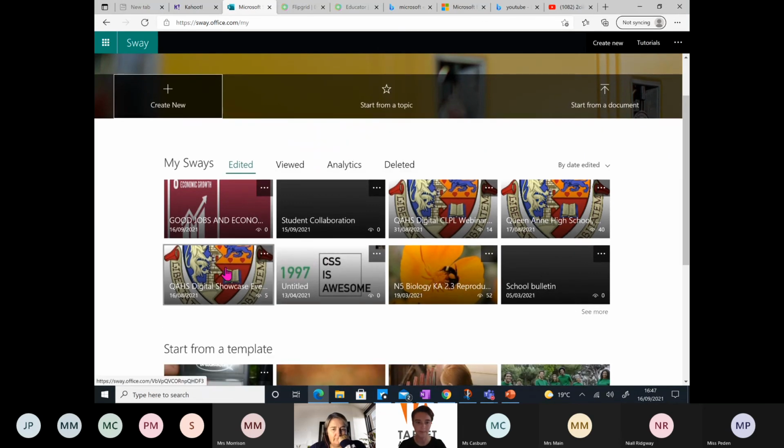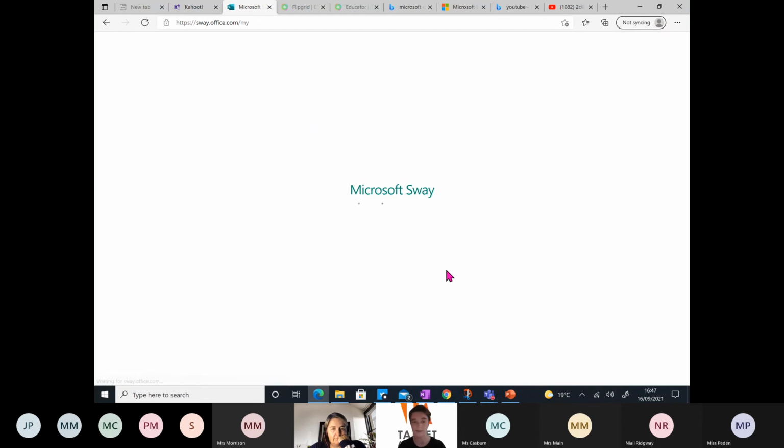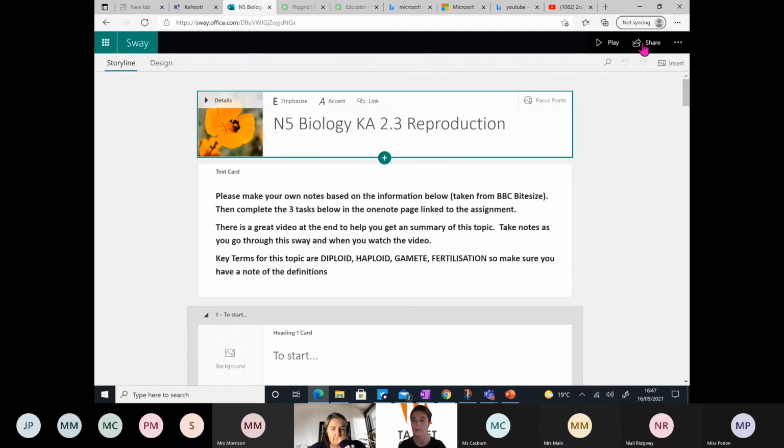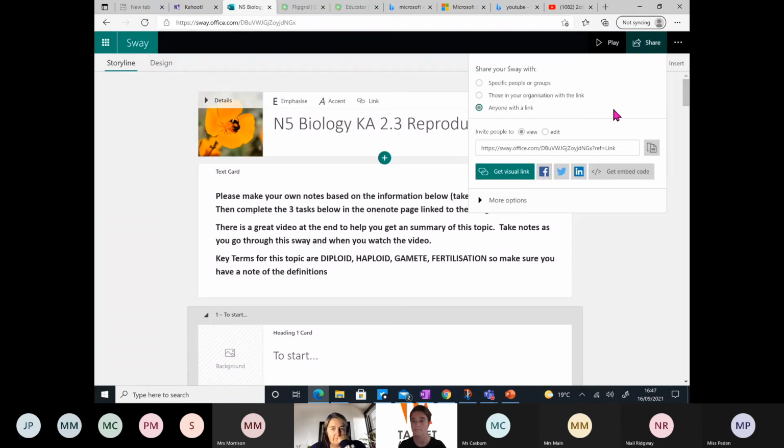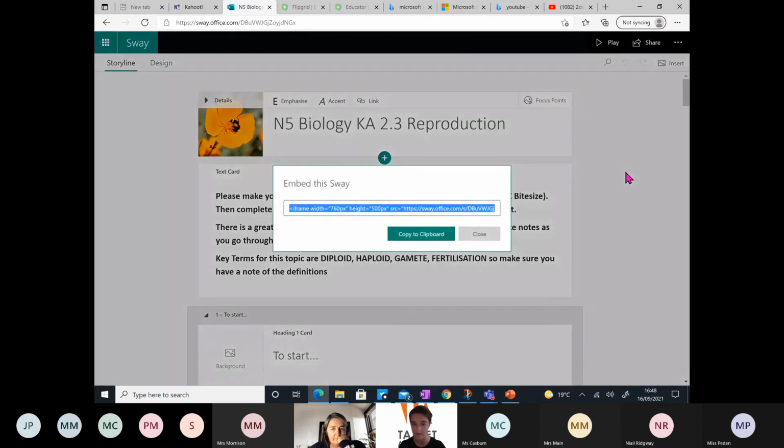So here, I'm going to take this Sway. We're going to look at some of the examples in a wee while. But if I go to share, you'll see it says get embed code. I copy that embed code